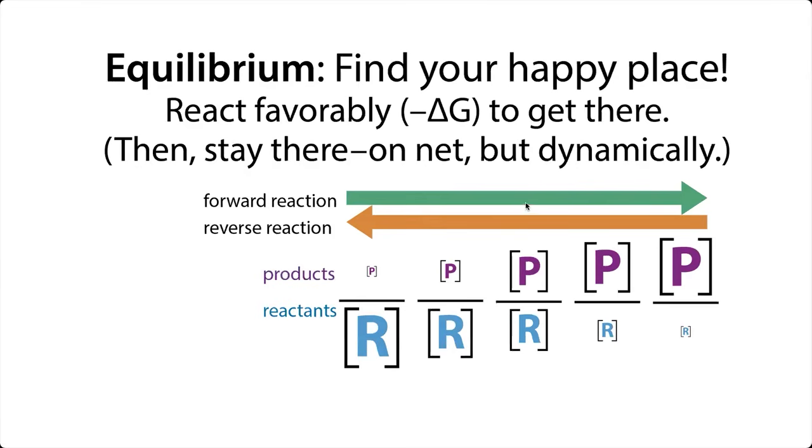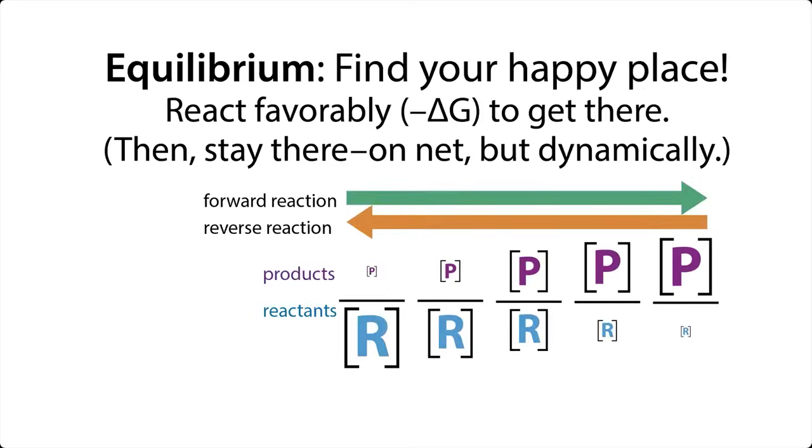But remember, this is saying to get to equilibrium, this much energy would be released. And so we start at standard conditions where we have 1 molar of our products and 1 molar of our reactants. And so remember to take into account stoichiometric coefficients and things, which we're not going to worry about now. But we have these equal concentrations of our products and reactants. We plop them in and see, do we make more products, in which case we would have a negative delta G, or do we make more reactants, in which case we'd have a positive delta G. In both cases, this is going to be in order to reach equilibrium.